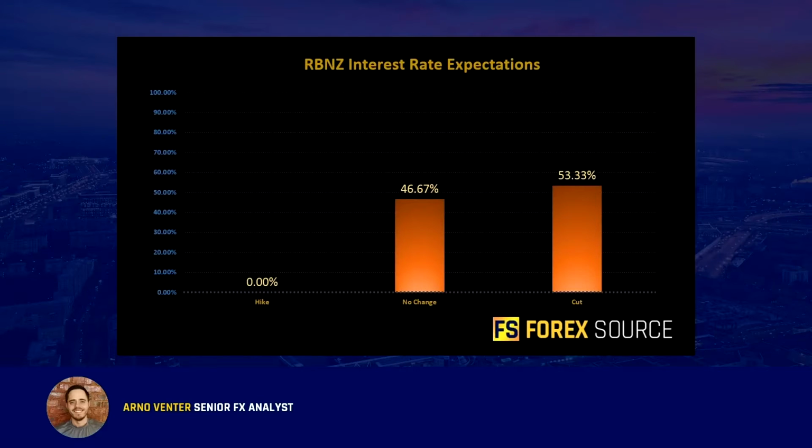And the catalyst for this event was the RBNZ, or Reserve Bank of New Zealand's monetary policy meeting. Yes, they also had one this week. And just like with the RBA's meeting, the market's expectations about the RBNZ's meeting were very mixed. There was about a 53% probability for a rate cut and another 46% probability for no change. Thus, with the markets undecided once again, we expected a lot of volatility from this event.